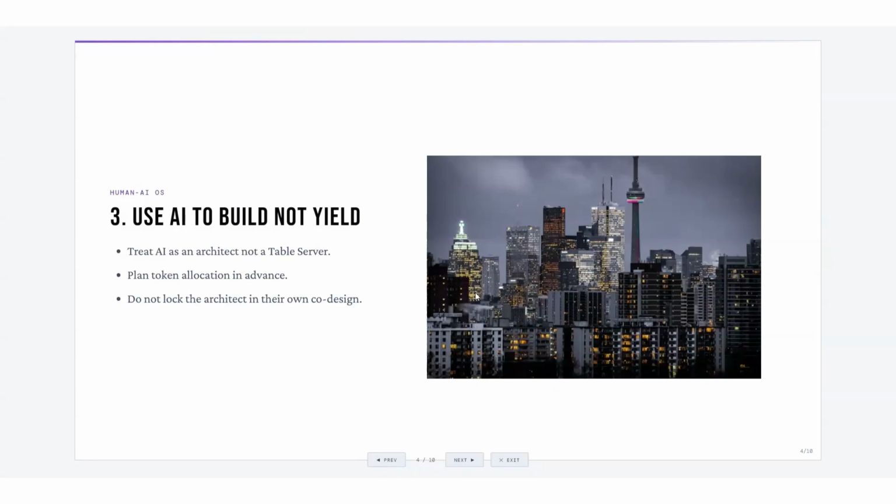And do not lock the architect in their own co-design, right? So imagine that you're with another partner, another architect.